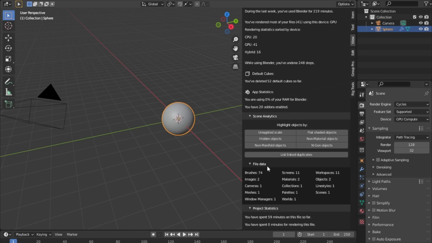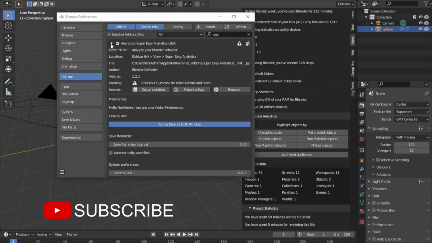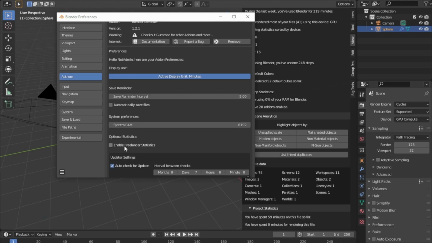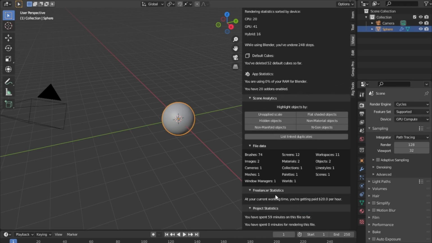You have project statistics that are individual for each single file, and if you go to the add-on preferences, you can enable these so-called freelancer statistics, which offer calculating a project price per hour based on the amount you earn with this project, which can be pretty helpful if you are working on paid freelance projects.